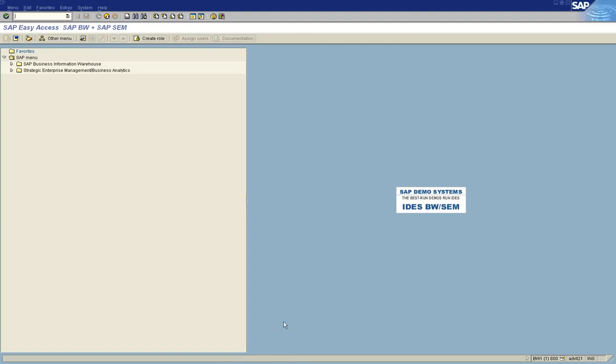So the central user administration tool is going to use that ID to distribute the user master record from the central client to the child client, and then depending on the field attributes that you will set using the transaction SCUM, the child client will use it to distribute the user information from the child system to the central client.